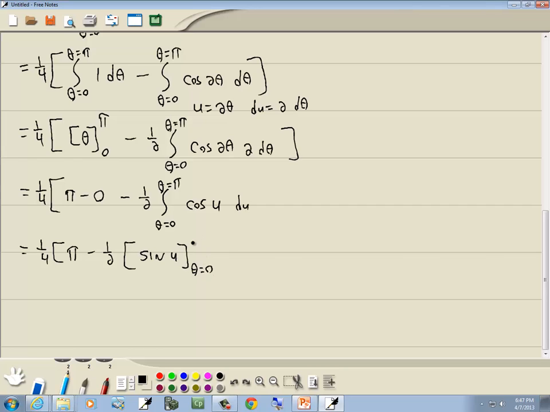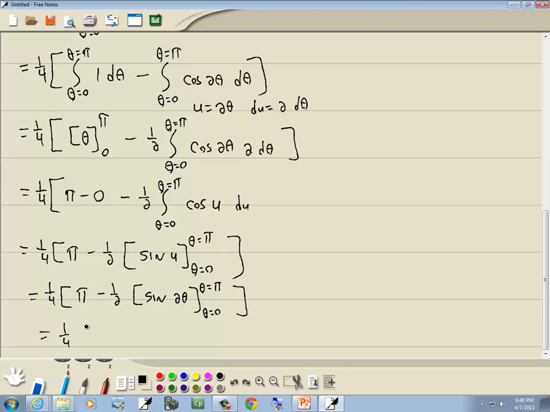Theta is equal to 0, theta is equal to pi. And so we got 1/4 pi minus 1/2. And we'll plug the u back in. Up above we said u is equal to 2 theta. So we're going to have sine of 2 theta from theta is equal to 0 to theta is equal to pi